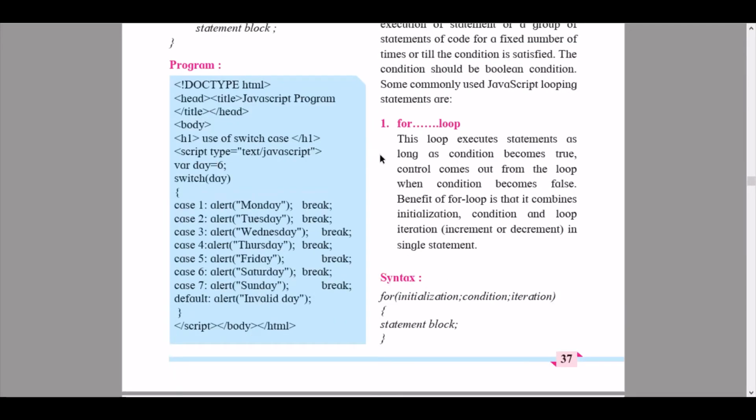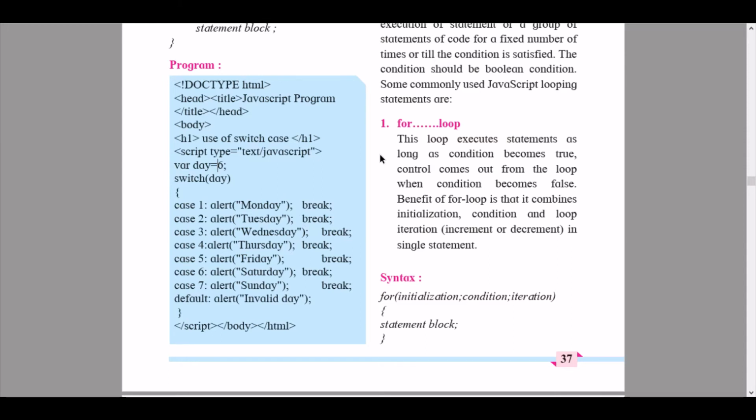This loop executes statements as long as the condition is true. Control comes out of the loop when the condition becomes false. The benefit of the for loop is that it combines initialization, condition and loop iteration, that is increment or decrement.